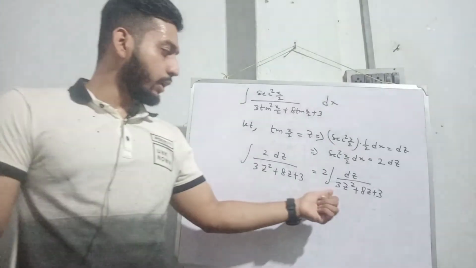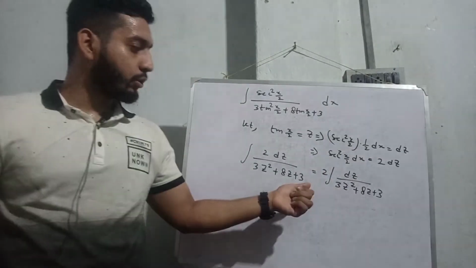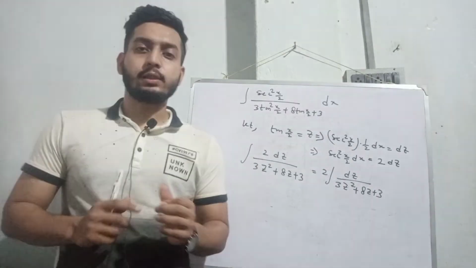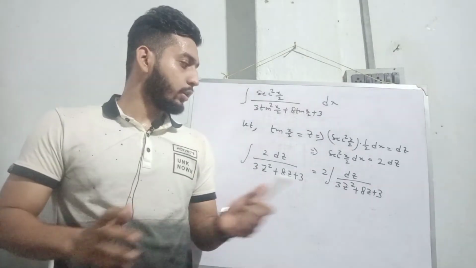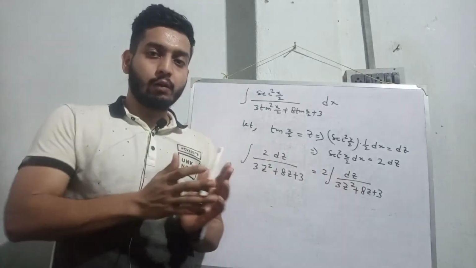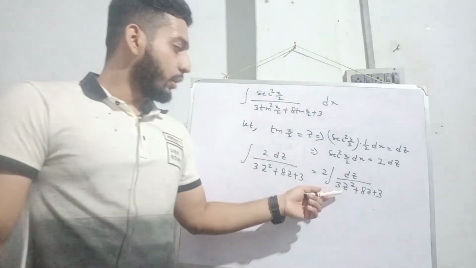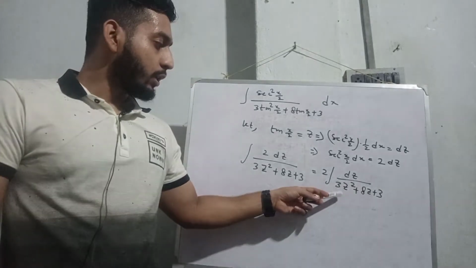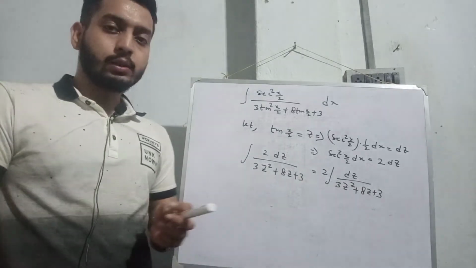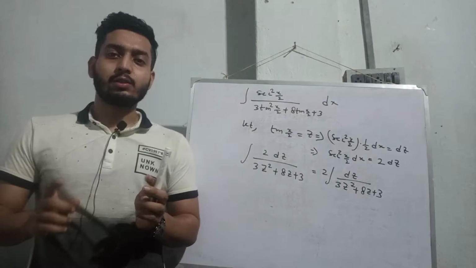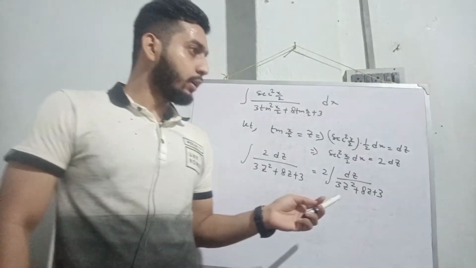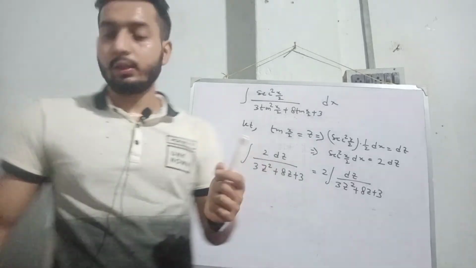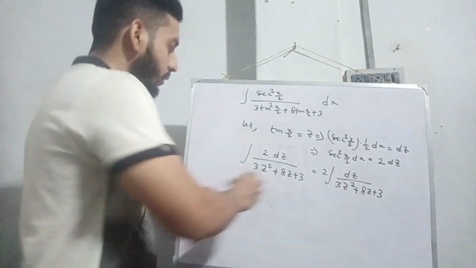Now the denominator here is 3z square plus 8z plus 3. In the previous video I have discussed how to solve this type of equation. We need to make it a square form. So here it is of the form 3z square plus 8z plus 3. First of all, the coefficient of z square is 3. Try to make the coefficient of z square as 1. So to make it 1, we take 3 common out from here, and it will become